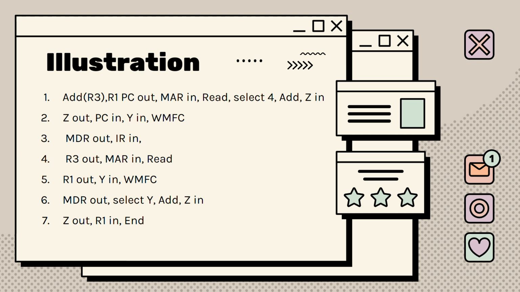The MAR, or memory address register, is responsible for holding the memory address that needs to be accessed. In this step, we load the MAR with the appropriate memory address. The specific memory address is determined based on the instruction being executed or the operation being performed. By loading the MAR with the correct address, we indicate which memory location should be accessed for data retrieval or